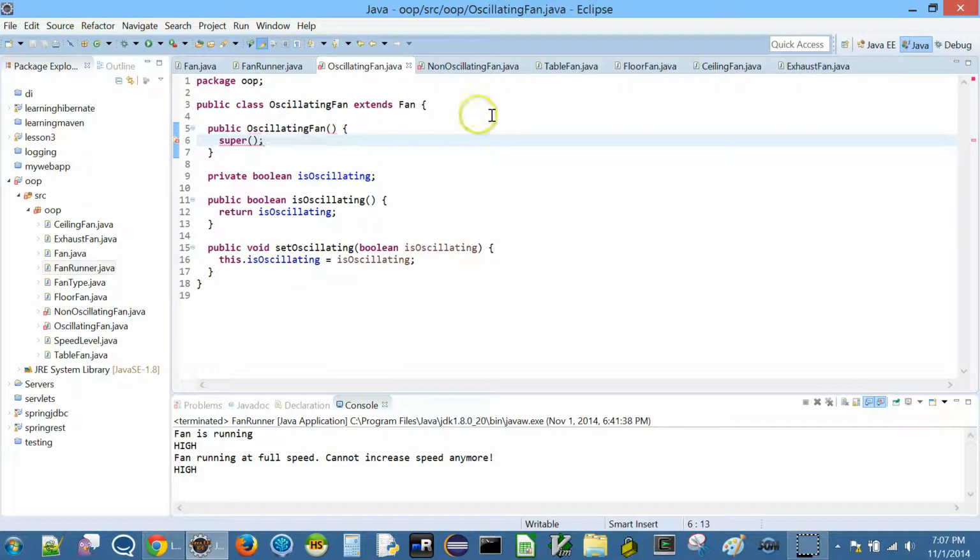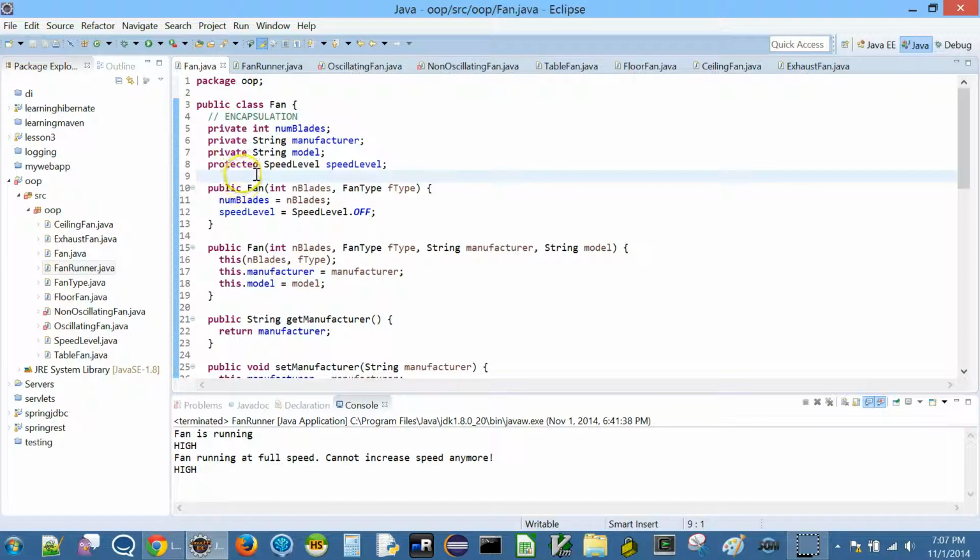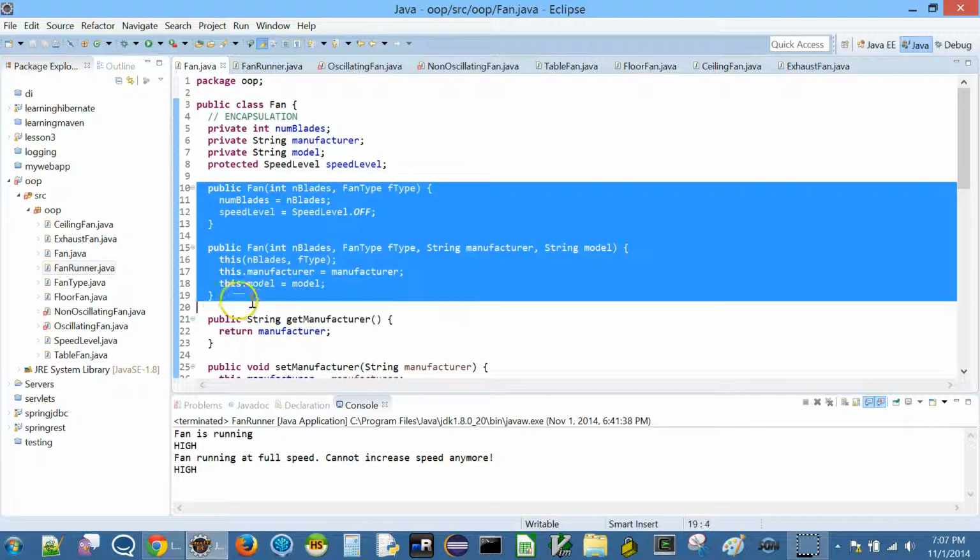Okay. Now, what is the super? The super simply means go to the fan class and invoke this constructor, right? But here we don't have an empty argument constructor. You remember we just said that if we do not specify an empty argument constructor, then the compiler will write one for you,